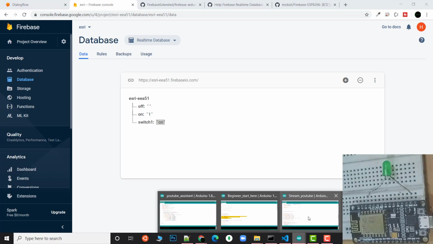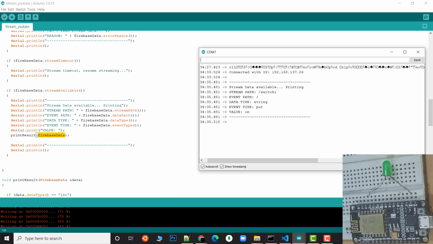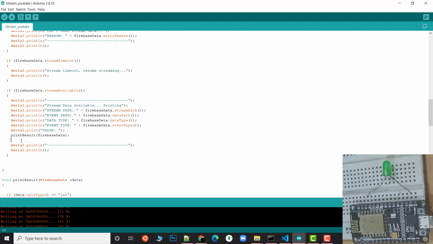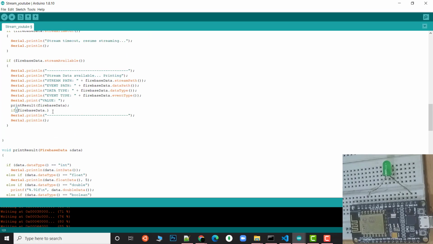So let's do it. In the stream YouTube, you can see here is the print Firebase data. This is the data that is getting printed over here, the value of Firebase data. So in this condition, I will add if Firebase data dot, and I need to find the function for getting the string. You can see here, for string data, this is the function by which it is printing. So I will use this, and here I will compare it. If equal to on,